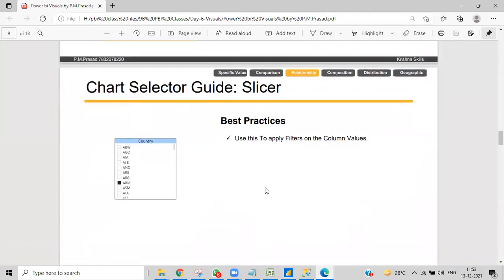Yes, slicer, which is very important. This is very important in Power BI, which you use regularly. Slicer means nothing but a filter. To apply a filter and then get that sales or that content only, we'll use this one. It's nothing but a filter. We apply that, and the resulting data will be filtered accordingly.